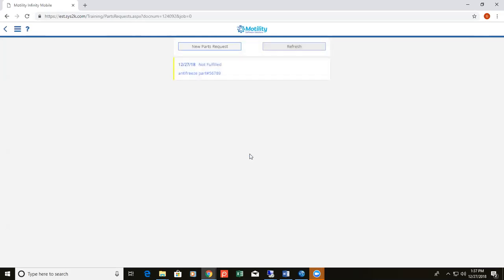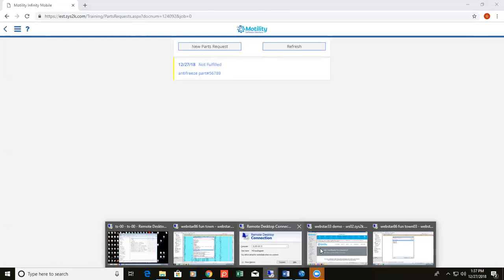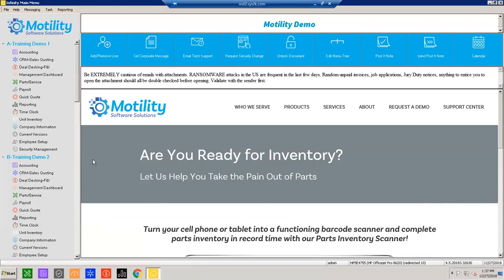I can save that, and now at the advisor level, they're going to see an outstanding parts request for this ticket, and the parts request version of the software is going to show just that. As a matter of fact, I may even be able to pull this up and show you this. So let me make sure,